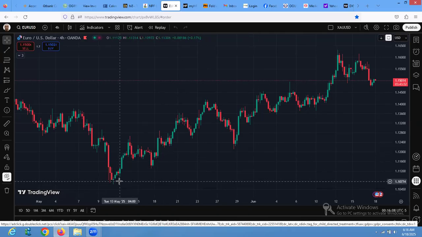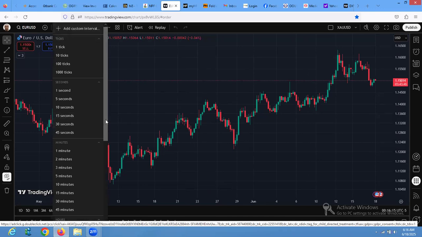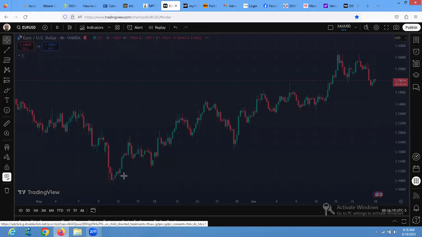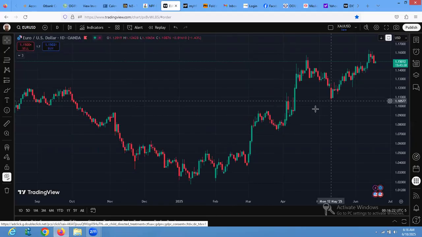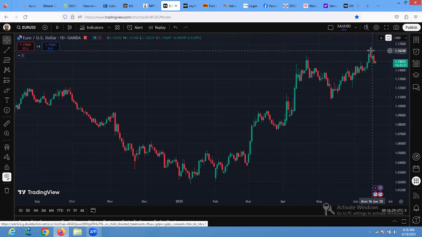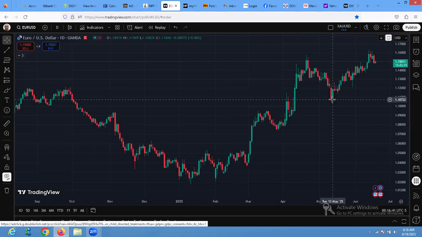Now, this is where we've ended. If I quickly zoom in, this is Euro USD, Euro dollar on the daily time frame. So this is where wave 4 ended. So far, we've had wave 1, wave 2, wave 3, wave 4, and we are in wave 5. So it has broken up and we are seeing this reaction now. We want to see what this reaction could connote. For now, we are done